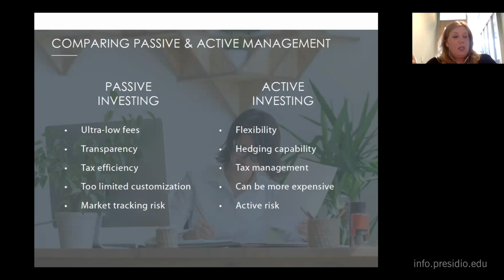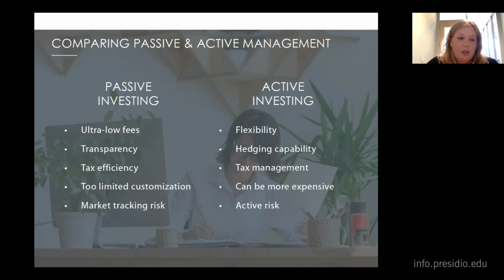So active management does have the shortcoming of being more expensive. Thomson Reuters pegs the average expense ratio at 1.4% for an actively managed equity fund, compared to only 0.6% for the average passive equity fund. And the fees are higher because the buying and selling triggers transaction costs, not to mention you're paying the salaries of the analysts and the fund managers and the people that are doing that stock picking.